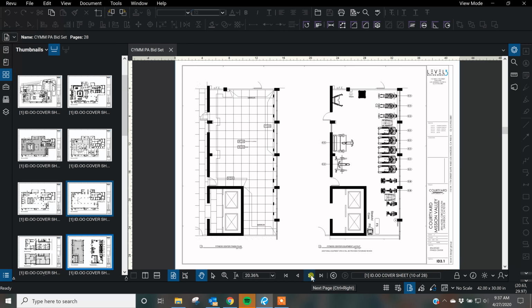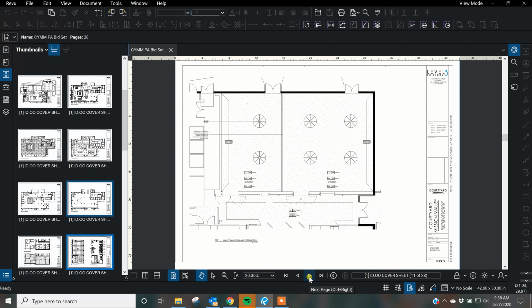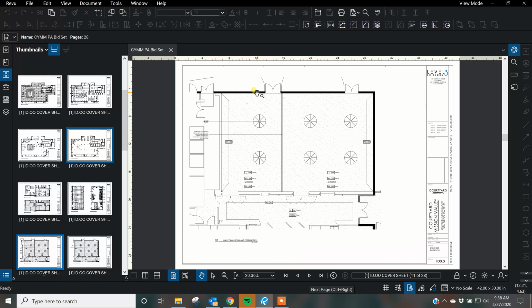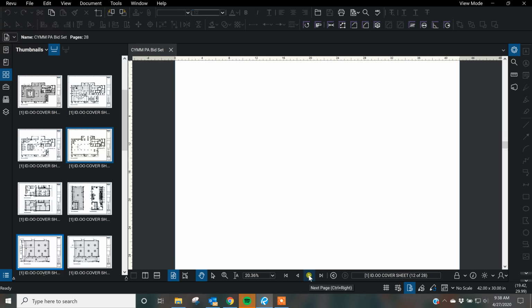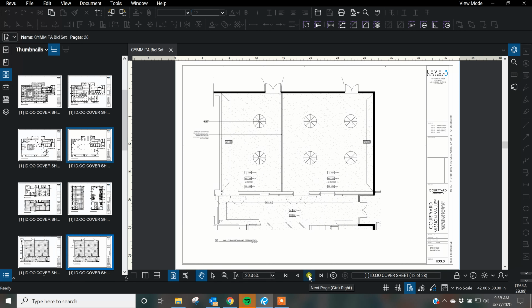So these are all the areas that weren't featured in the lobby because you need to show them in a little more detail. So this is the fitness center, flooring, walls, new fitness equipment, meeting rooms, calling out the lighting, all the different flooring and walls. Again, just any detail that the GC would need